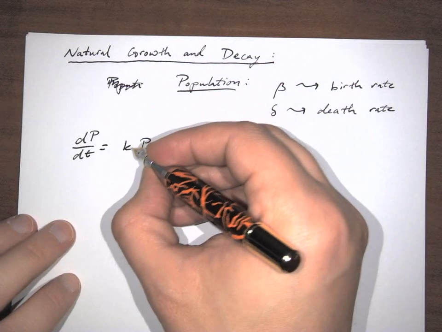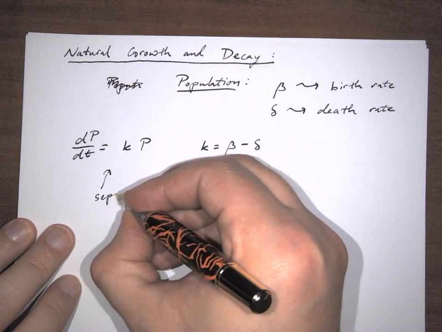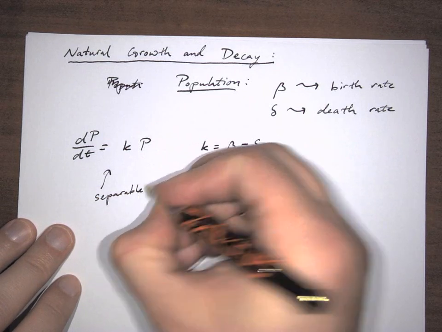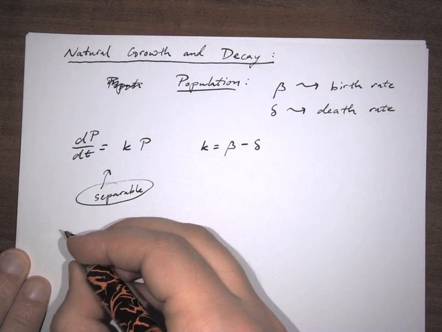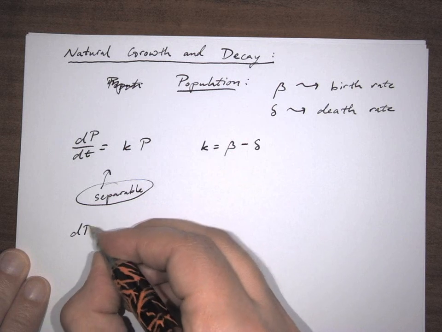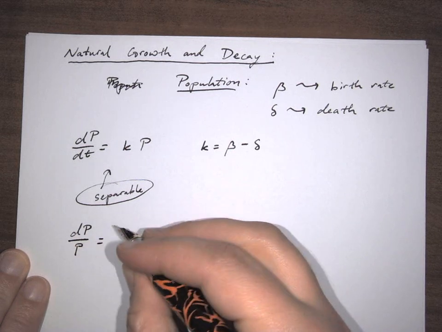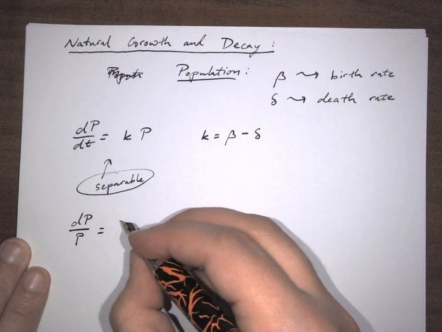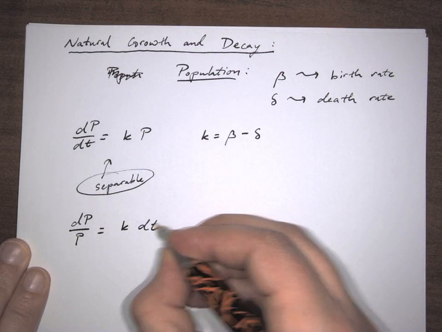Now this is separable. And in particular, what we would get is that dp over p would equal k dt,